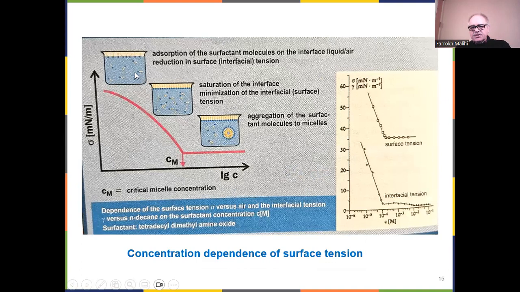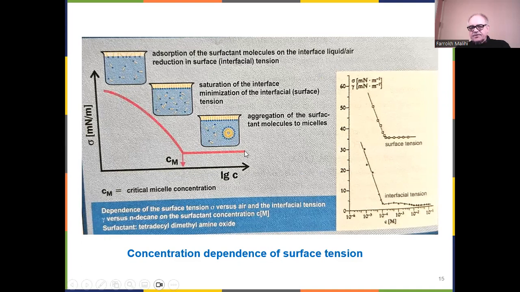Again, initially surfactants are in water as monomers, and as the concentration increases, surfactants adsorb at the surface, and at this specific concentration, the critical micelle concentration, which is specific to each surfactant, the micelles are formed,